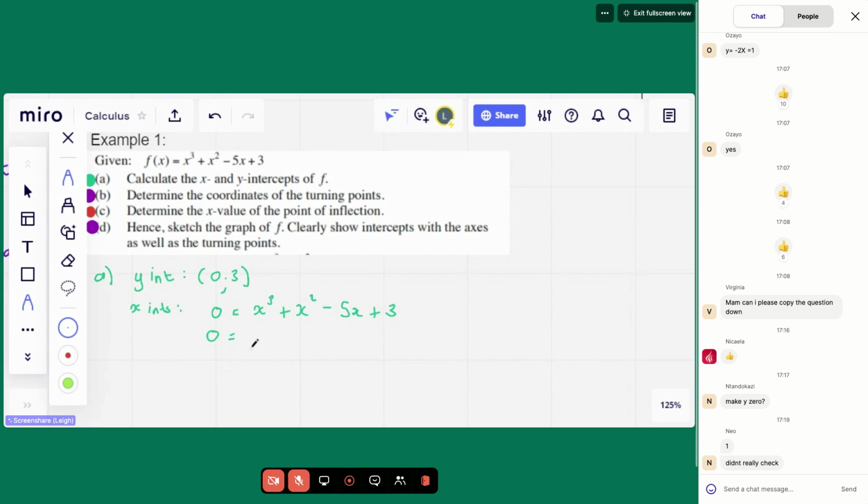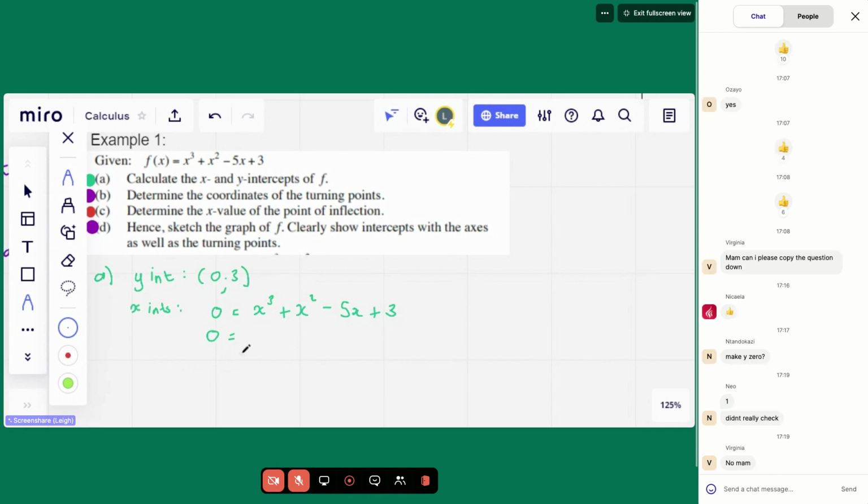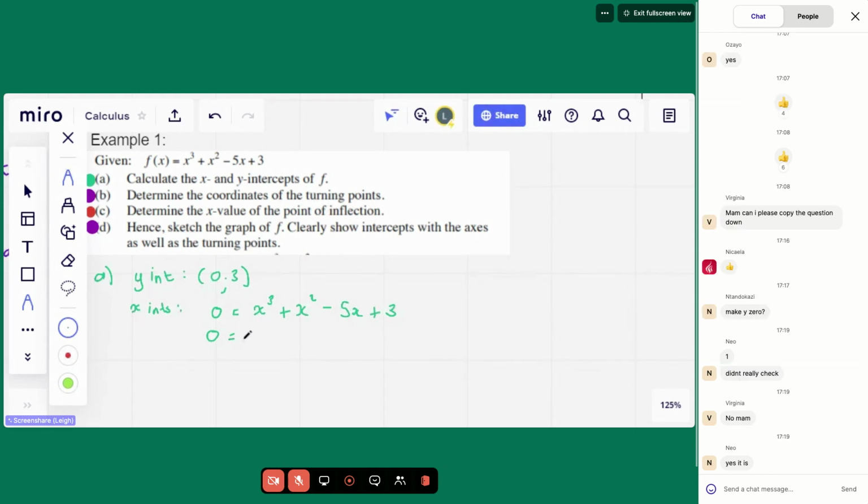You've got to check. So all of you at this point, what you would have done is you would have picked up your calculator. All right, so you are using factor theorem to help you with this. First you would sub in 1, then you would sub in -1. Yeah, you're right, Neo, it is. Then you would sub in 2, -2, and you would see where you got 0 as an answer. So quite right, x minus 1, if 1 gives us 0, then it means that x minus 1 is a factor. And now we need to factorize,